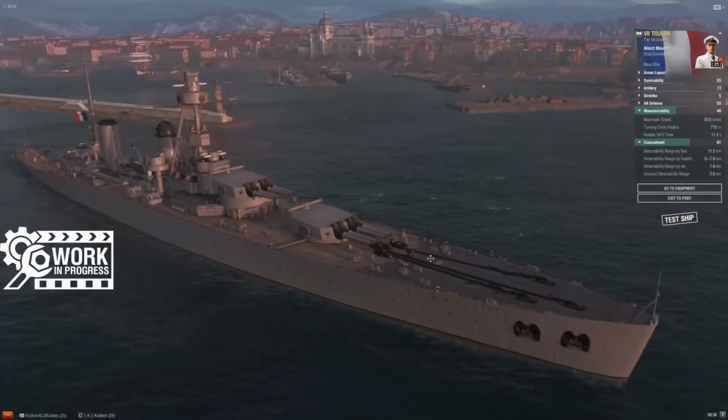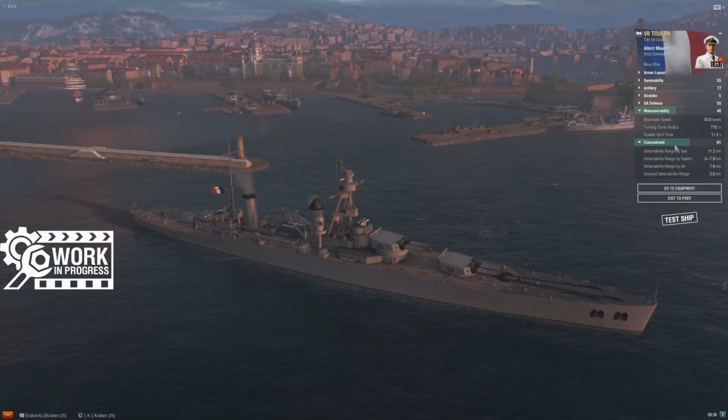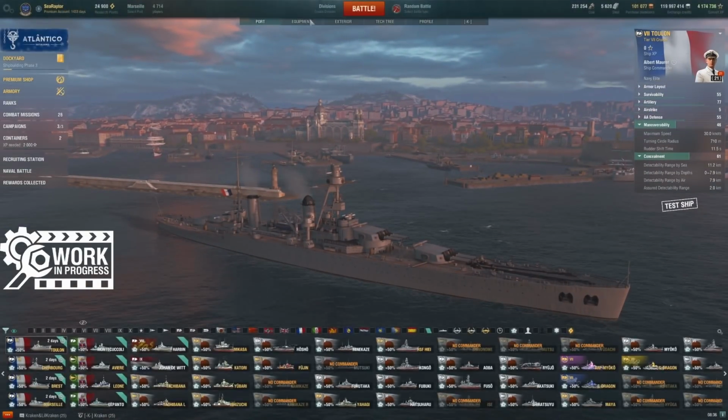So if you've driven a Graf Spee, and Spee's been around a while, then you should have an idea of what you're getting into here. Concealment, 11.2 on the surface. Full stealth rig for Toulon. And actually, you know what? Now that I look at this, I'm betting that's with...